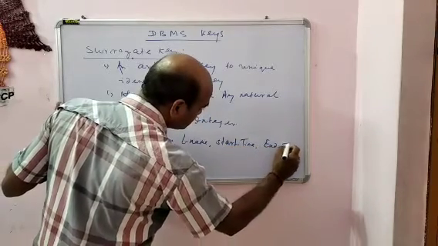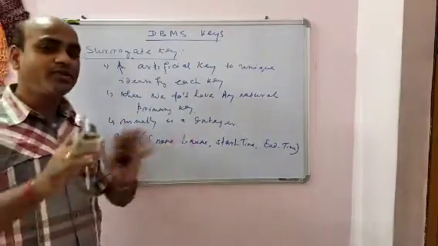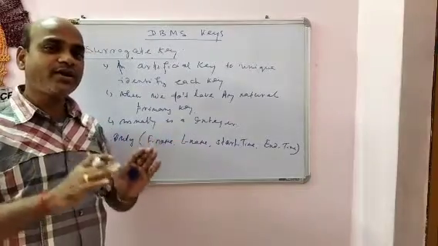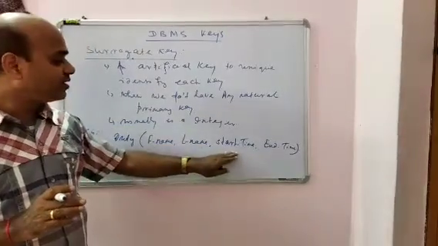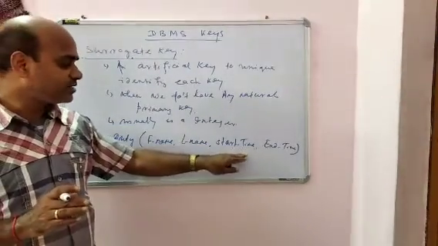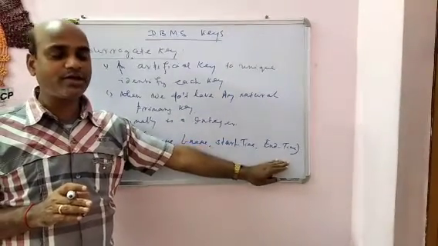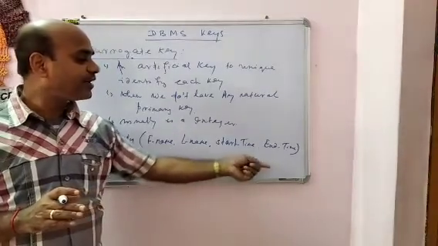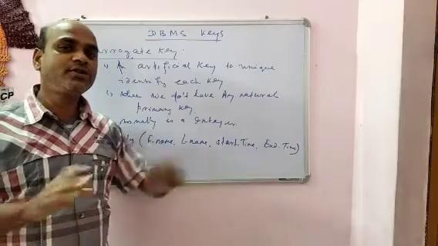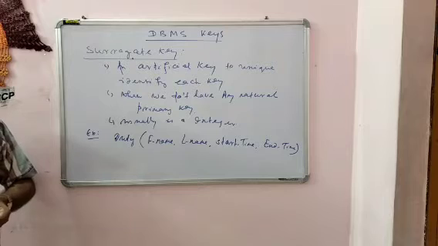End time may be used for shifting of employees, shifting job, and timing. First name, last name, start time and end time: at what time the employee starts his job, starts his duty, and ends this duty. So this is the start time, the starting of the employee's duty, and the end time, the end of the shifting job for the employee. So here we have first name and last name in a duty chart for the employee.